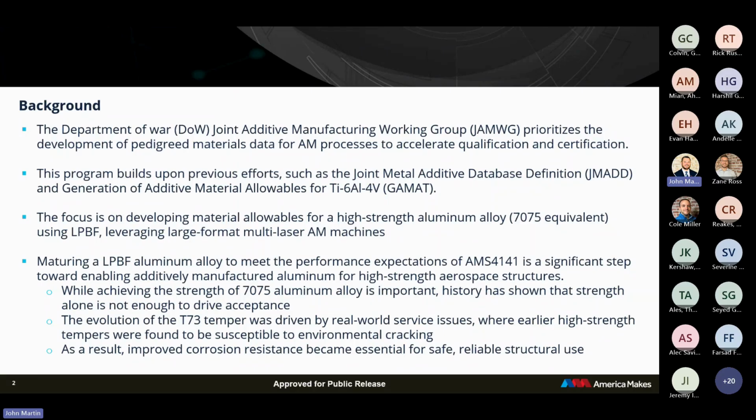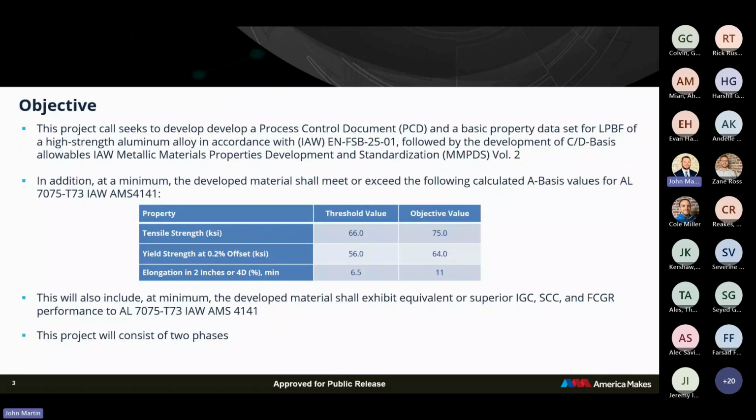There's more to it than just your typical mechanical behavior, since we're dealing with aluminum and a specific heat treatment that was developed to address stress corrosion cracking and corrosion issues with this alloy. If we look at a little more of the specifics of what's being asked for and some of the expectations, or in this case, threshold values listed, one thing is that a PCD, or process control document, is to be developed. And the initial data set, similar to what came out a little while ago for stainless on AIM. But for this project, and I'll get into it in a couple other slides,